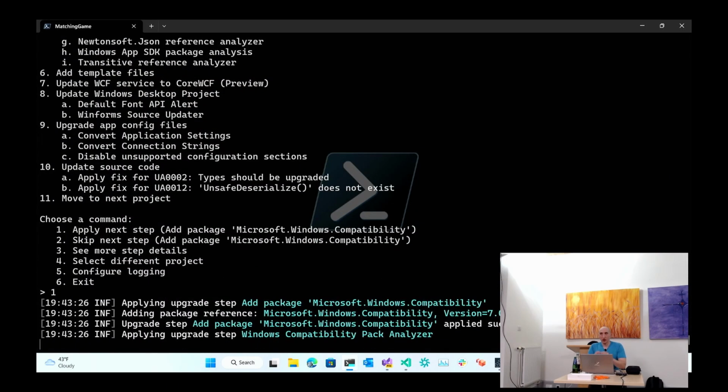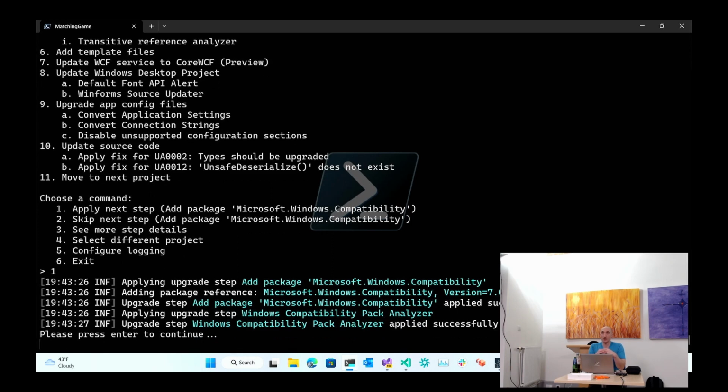The latest versions of Windows require WinForms and WPF projects to follow particular standards, specifically like having a default font set, also having specific DPI settings configured. Those are requirements of Windows. So it recognizes that, hey, you have a WinForms application, you're probably not following the newer standards of Windows, so we're going to do that for you.